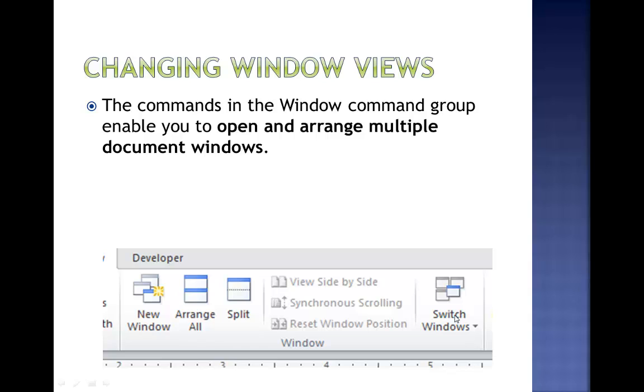Okay guys, we're going to finish up Lesson 2 notes with the second part, so let's go ahead and get started. On Part 2 we start with changing window views. So, changing the window views. The commands in the window group,